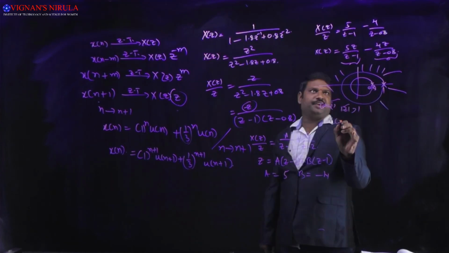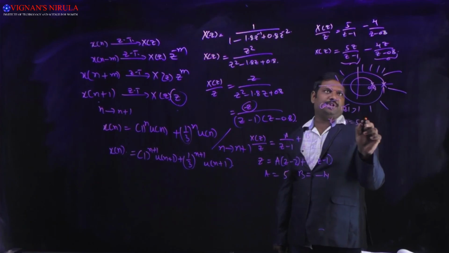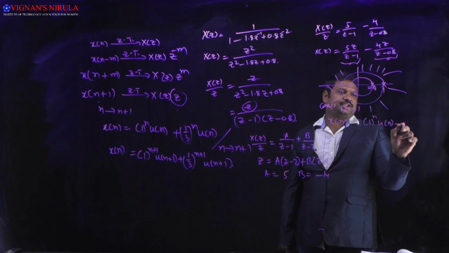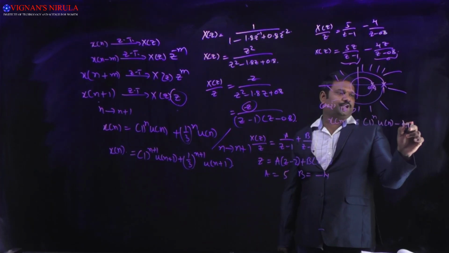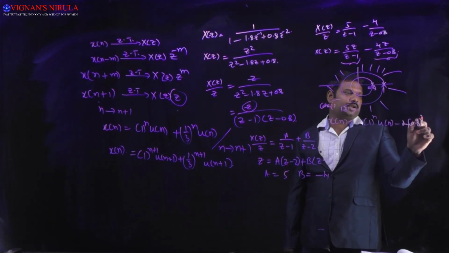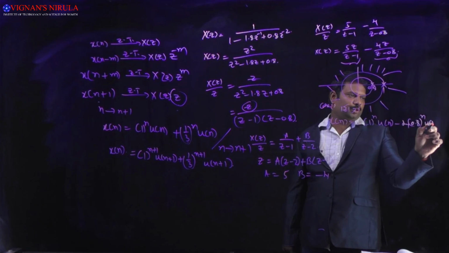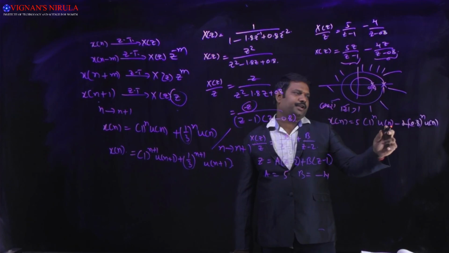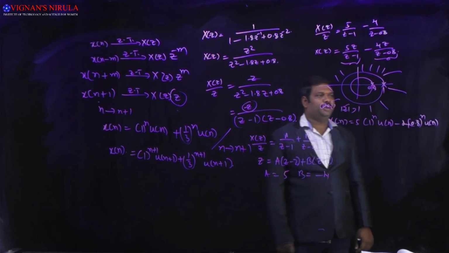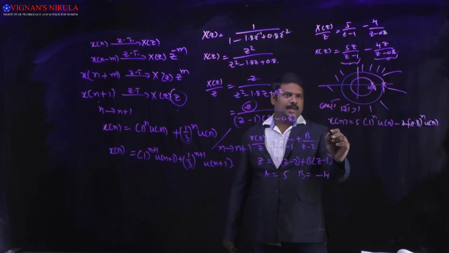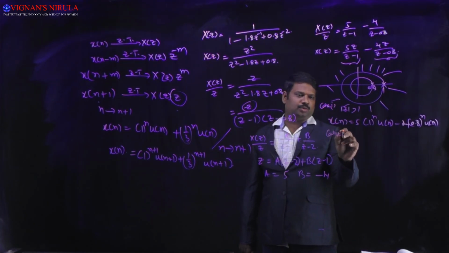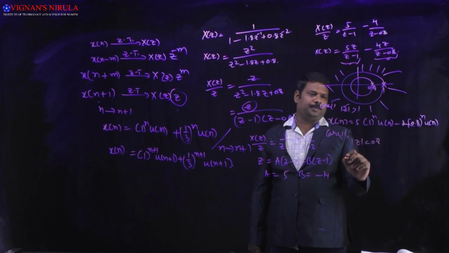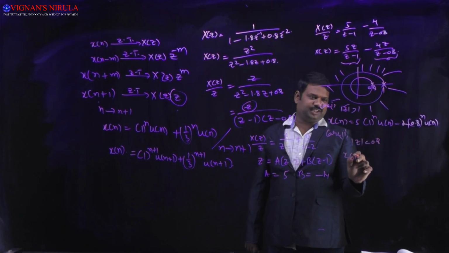That's why x of n will be written as 5 into 1 power n u of n minus 4 into 0.8 whole power n u of n. Similarly, in case 2, for mod z less than 0.8, x of n is equal to